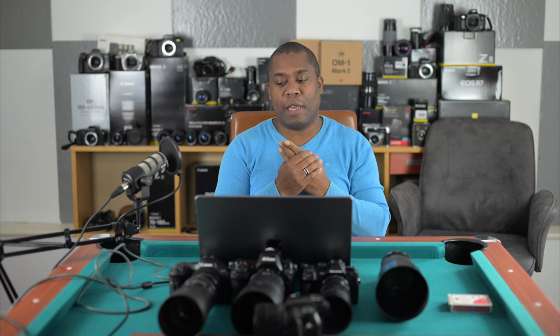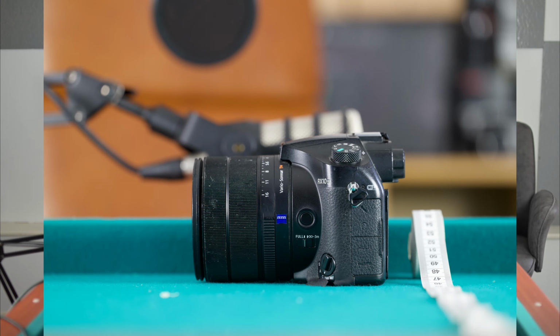I've edited a couple of pictures because I've realized that the noise levels on the OM1 at 1600 show a lot greater, but as you'll see in the pictures, after your final edit, I'm not sure if it's going to make that much difference. So I'm just going to go through quickly. I've got my first picture here. This is the 105mm, which I'm kind of using as a baseline